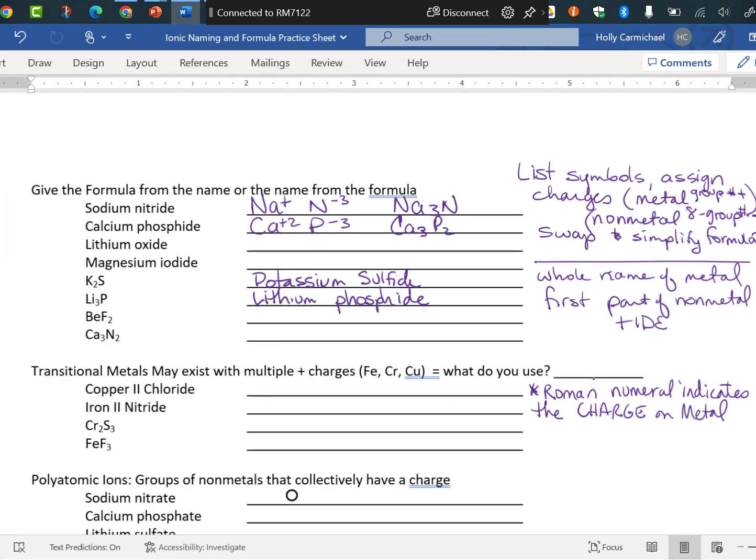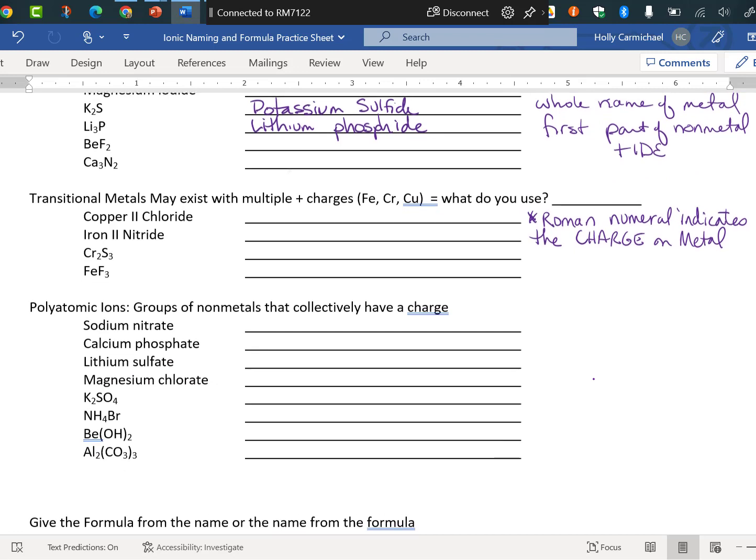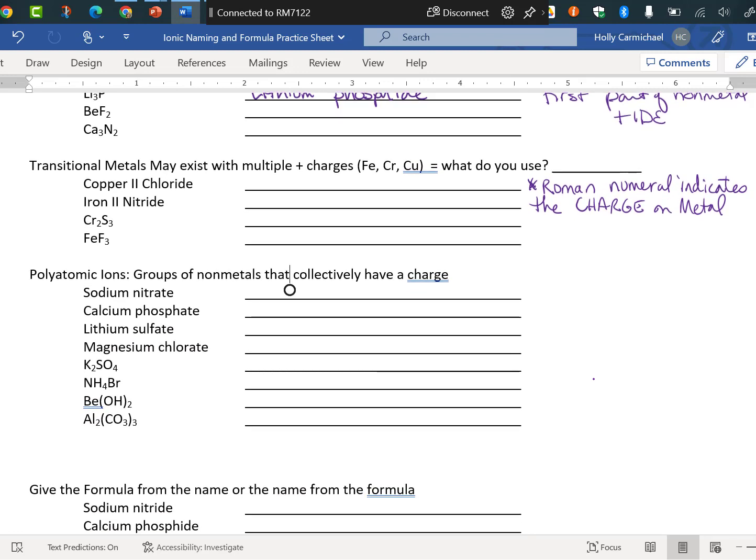Okay, so let's do some of these ones. So going down, here's 4 right here. So we have copper 2 chloride, iron 2 nitride, chromium, whatever, iron, whatever. So from the name, tell me the formula. From the formula, tell me the name. And if you didn't get one,